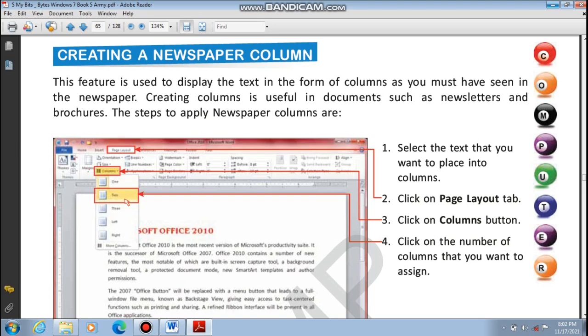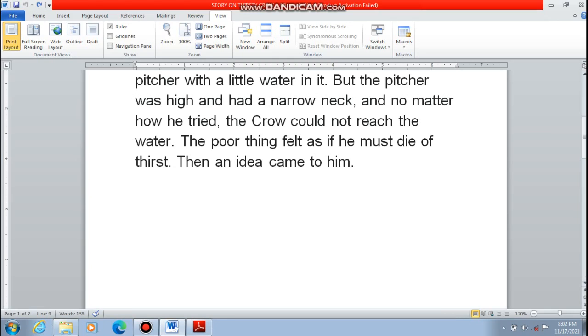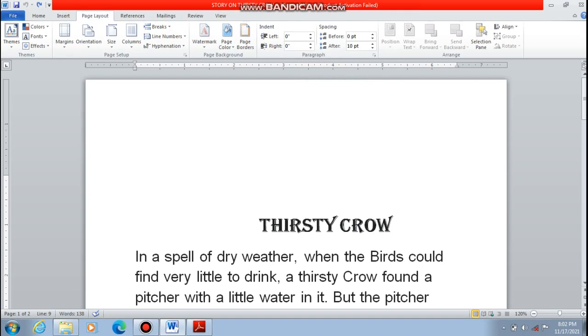So for this I'm just showing you the picture. So first of all, I'm opening a document. So this document is open in front of you. So the first thing you need to do is go to the Page Layout option. Go to the option that is the page layout.